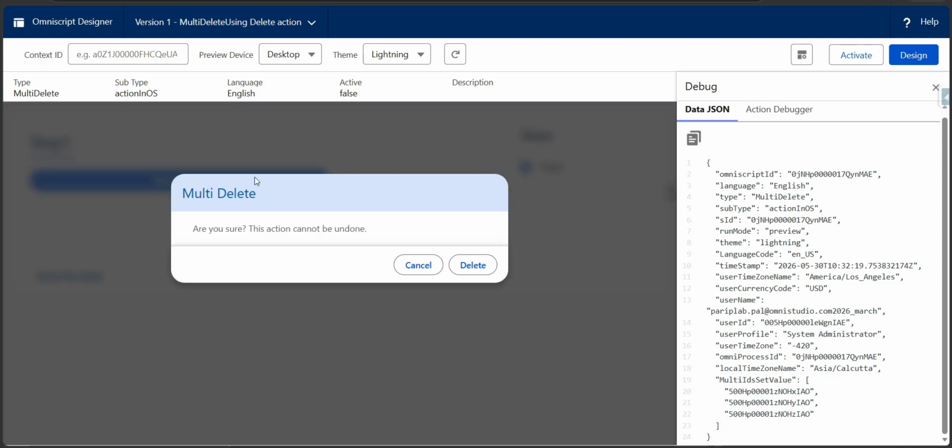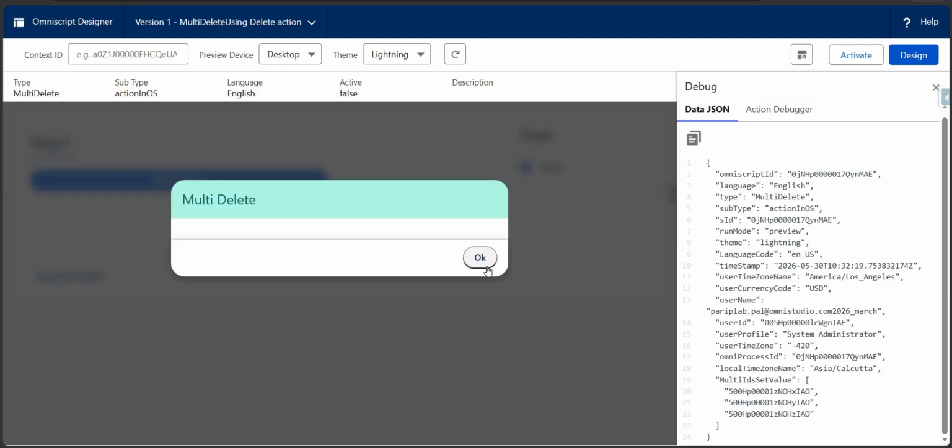If I click on the delete button, we could see this message. We can update the message as well from the delete action configurations. On clicking on delete button, deletion has happened, since we didn't provide any user confirmation message configuration after deletion, that is why it is showing as null. If you watch my part 2 video, in that tutorial I have talked about how to configure these confirmation messages as well, so please check it out. I'll click on OK,